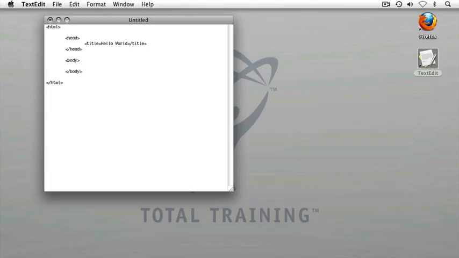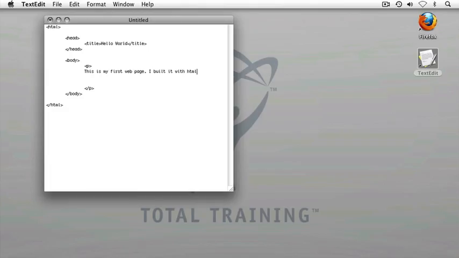Now I'll begin to create a paragraph. To create this paragraph, I'll use the opening paragraph tag, which is simply a P. I'll hit my return key a few times and tab over a couple of times, hitting the tab key twice on my keyboard, and close this paragraph element as soon as I create it. Now that I've created my tags, I'll put the content that I want contained within that element into my HTML page. I'm going to type a quick sentence. This is my first web page. I built it